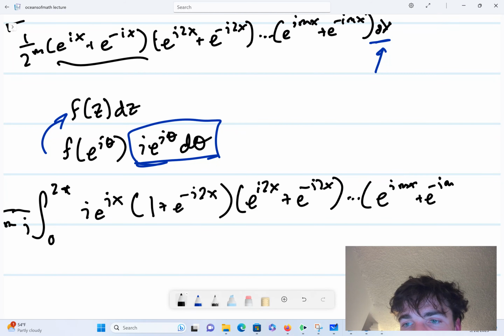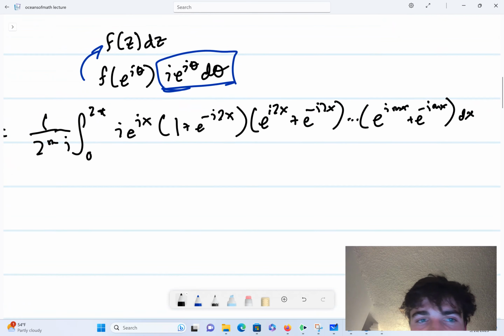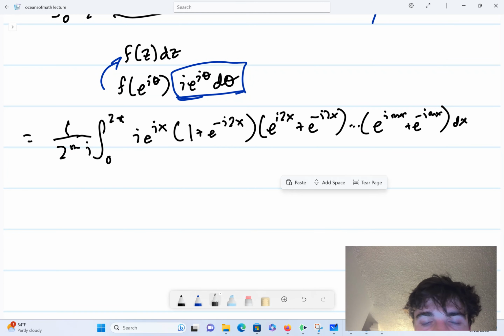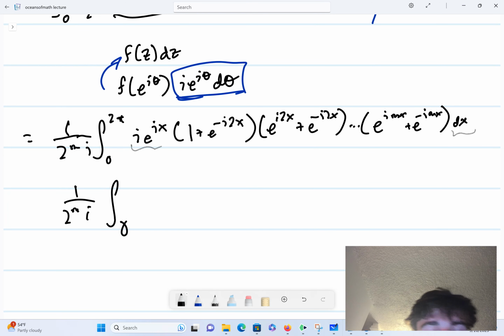And now we have something very nice, because I've basically rearranged terms so that I have this i e to the ix dx. And in doing so, I can basically backwards substitute and rewrite this integral as the line integral over the unit circle gamma of